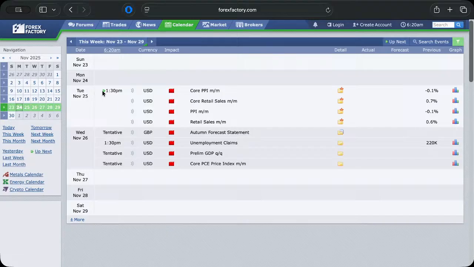We can see that maybe starting on Tuesday, that's where we have high impact news. That means the news on Tuesday will likely drive the rest of the week. So we have PPI on Tuesday, that's at 1:30 p.m. UK time, and then Wednesday